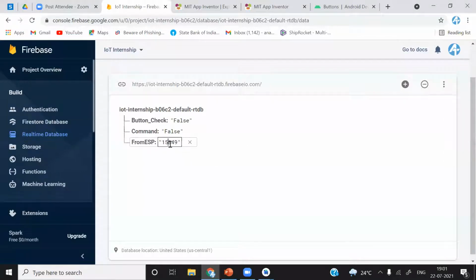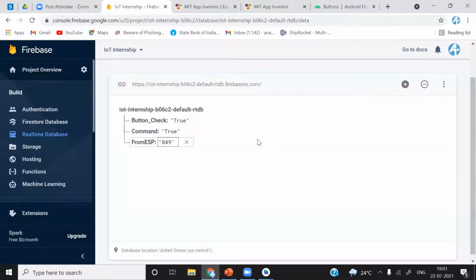I'll change it again. I see the same number. So we are receiving data from Firebase also, and we are sending data from the Android application built using Android Studio to the Firebase. So I'll simply click on LED on and you see that command has been set to true. And after some time, it will set to false.